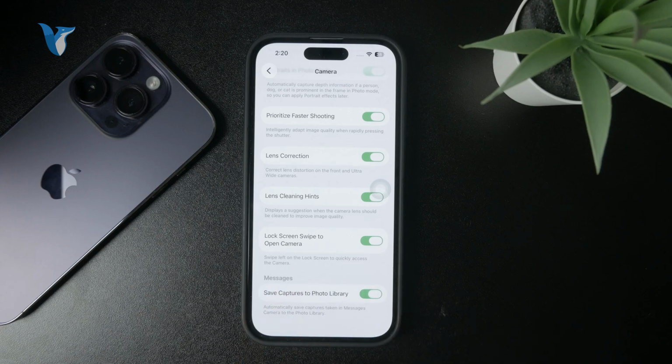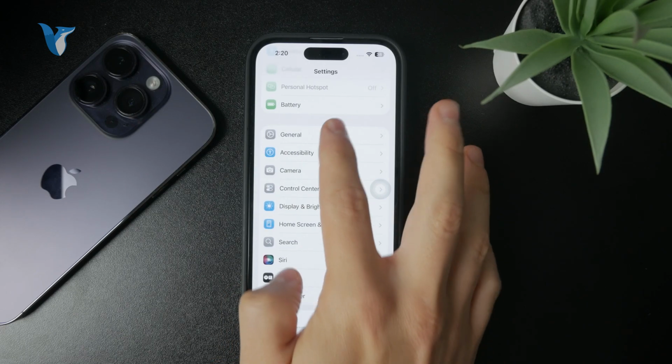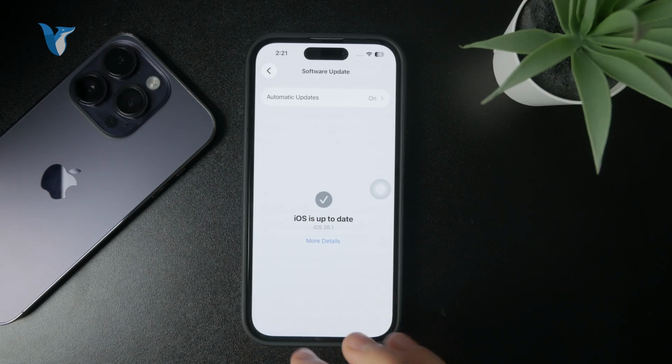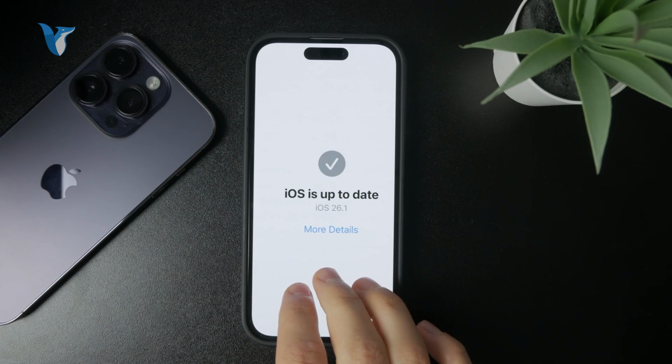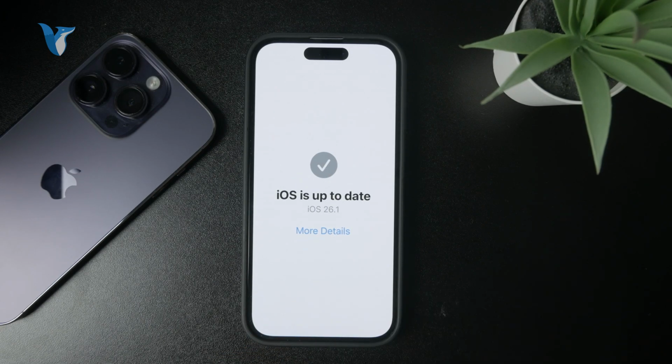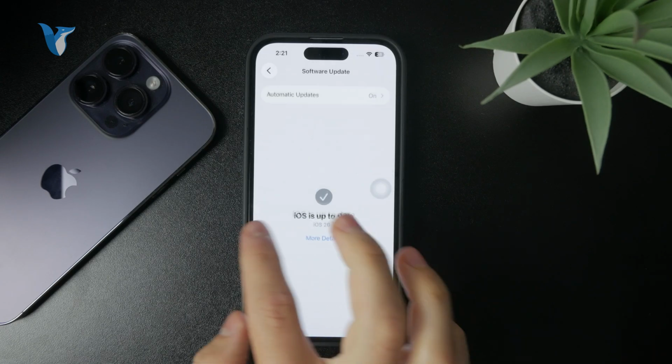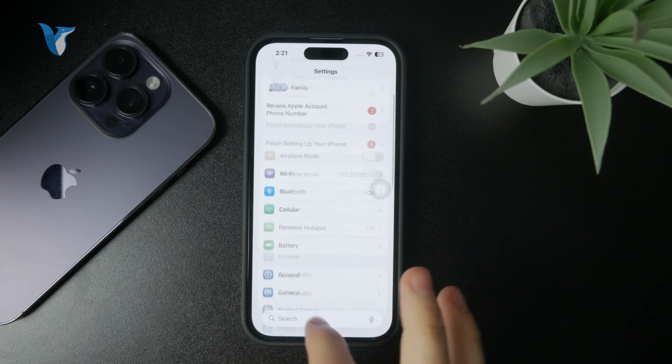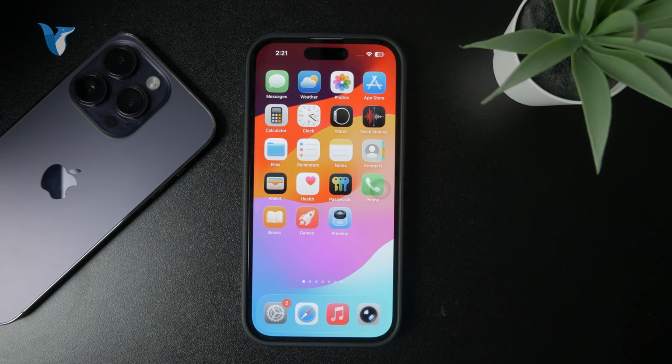However, one last condition is that your phone is running the latest version of iOS, which is at least iOS 26.1. This is important because in earlier versions of iOS 26, or even in older ones, this toggle did not exist. So you need to have the latest version to make sure that it works best for you. Let me know what you think about that